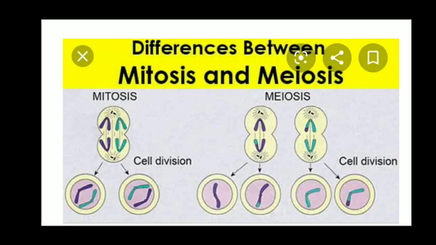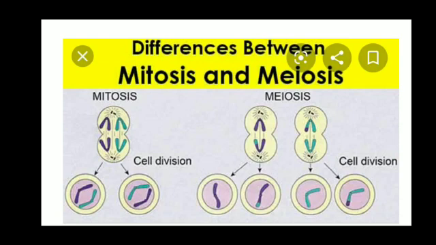Children, mitosis occurs generally for growth, repairing and normal cell growth of the body. A simple example: in winter we have worn out cells of lips. What happens? New cells are formed, and repairing and growth of the cells happen by the process of mitosis. Meiosis. Children, here the chromosomes are divided into half.